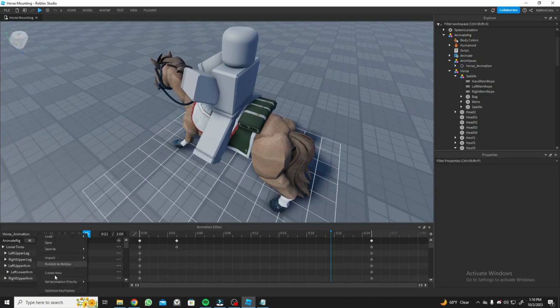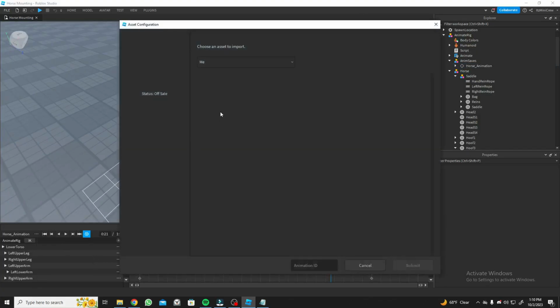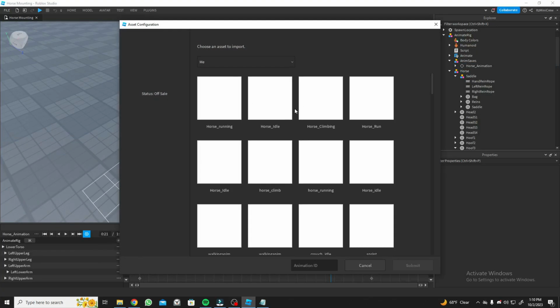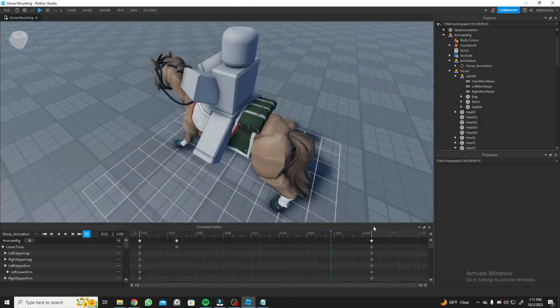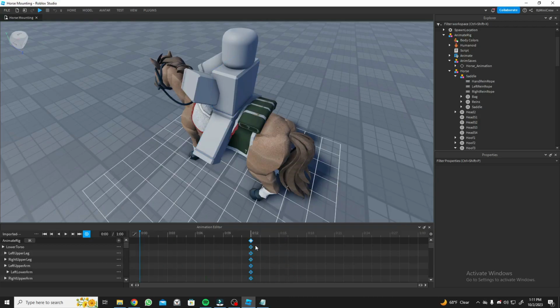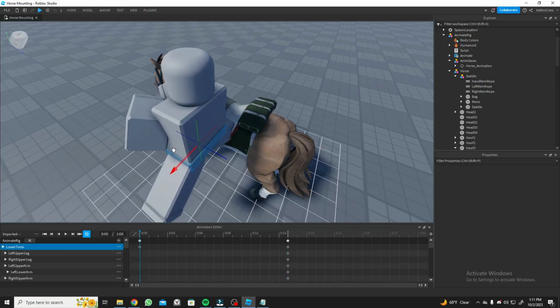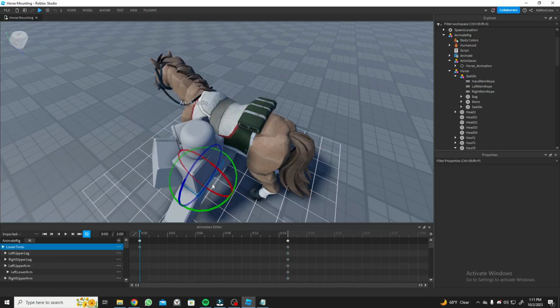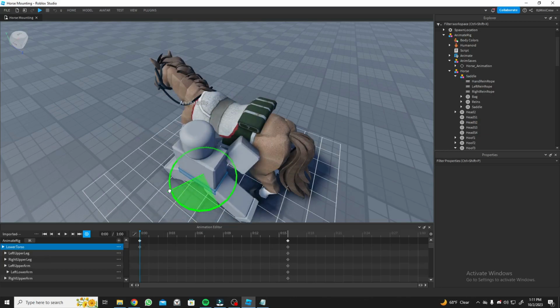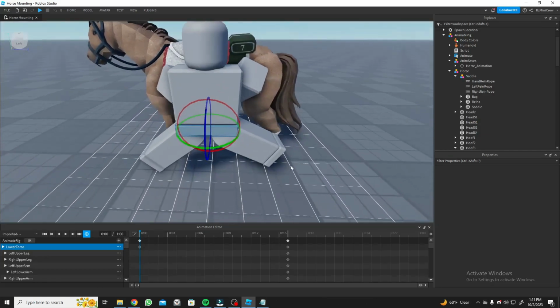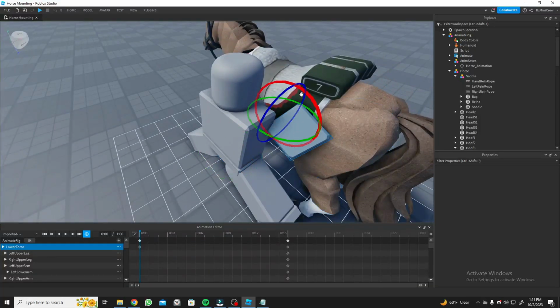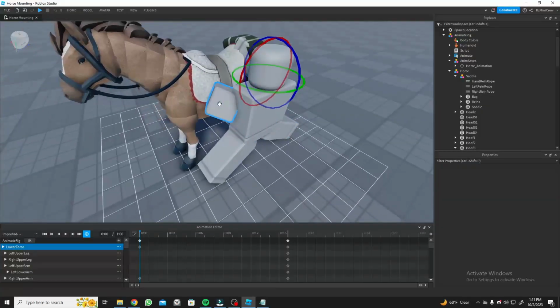For that, I am going to be importing the idle animation. So toss idle, submit. And then I'm going to move this key from front and bring the character back down. Oops, lower torso. Back down and rotation, and just do a quick climbing animation. Something like that, and